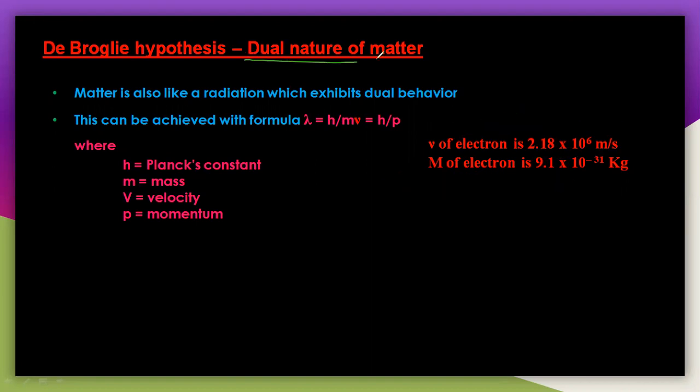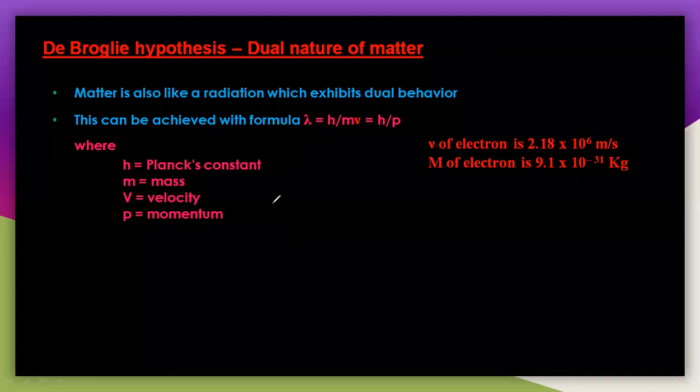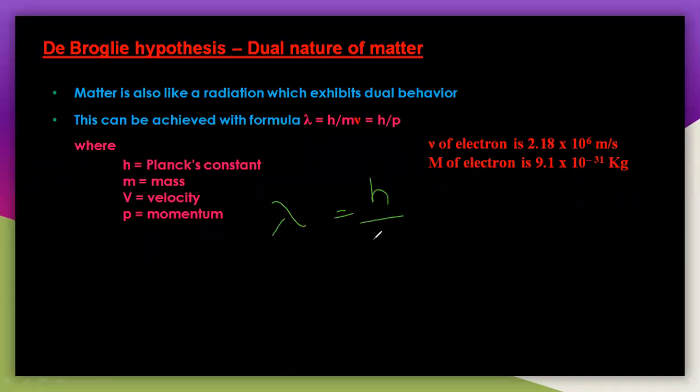I told you about the dual nature of matter. So if you take the electron here, lambda is equal to h by mv. He gave this particular relation. In this you can easily understand that lambda has an inverse relation with the mass. That relation you should understand. If the mass is high, then the lambda will be very low here. Once again, I will tell you the important relation: lambda is inversely related to m.